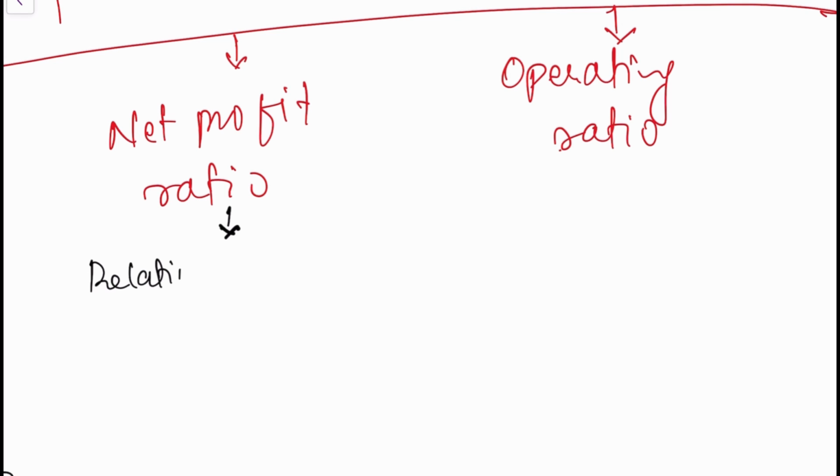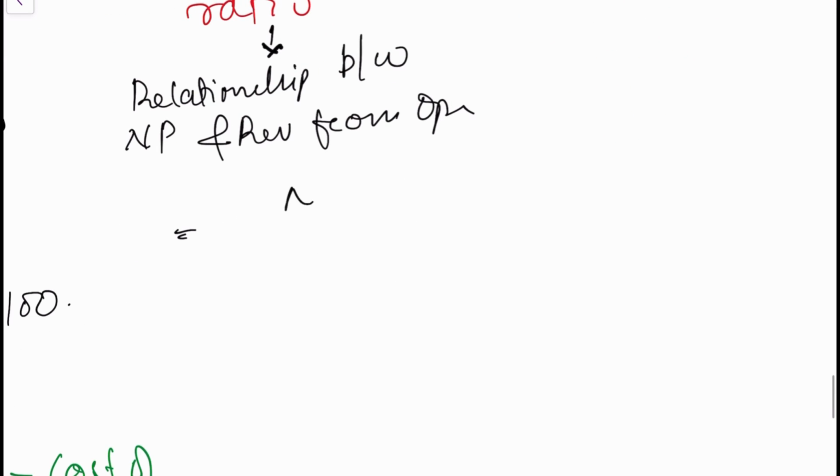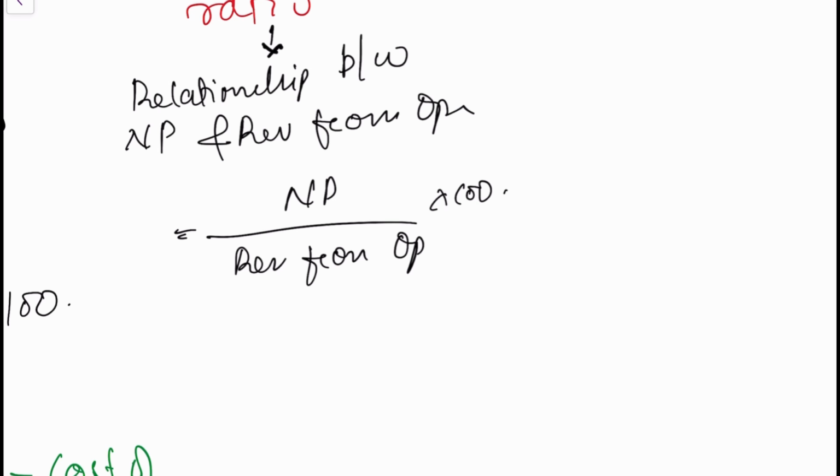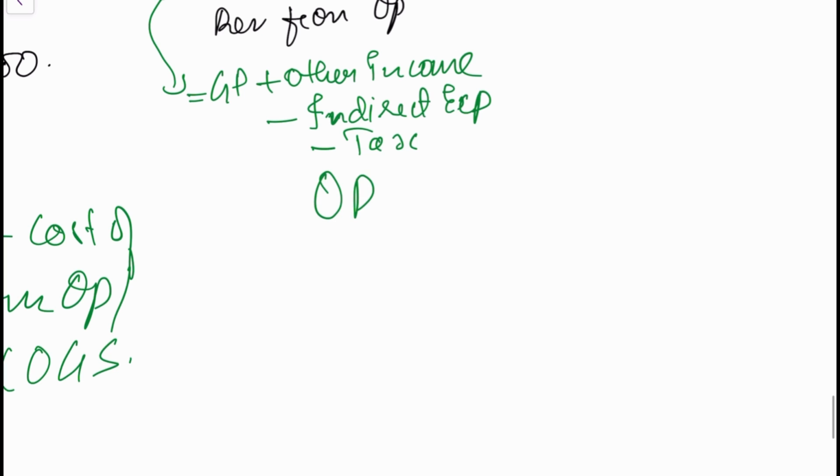Okay, then net profit is a relationship between net profit and revenue from operation. So the formula is net profit divided by revenue from operation into 100. So how to calculate the net profit? Net profit is equal to gross profit plus other income minus indirect expense minus tax, or we have another formula,